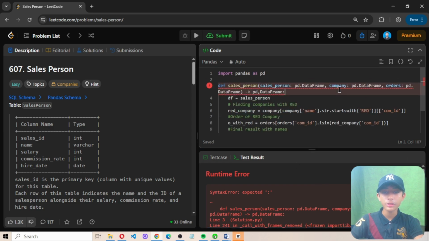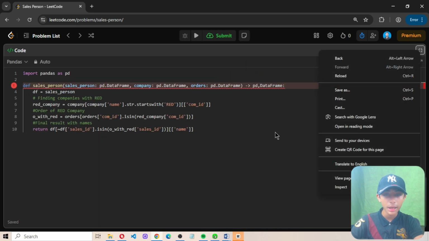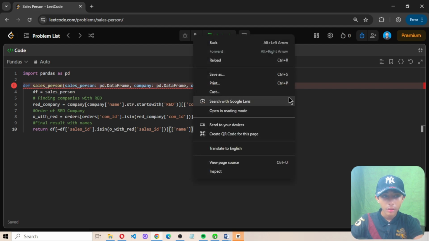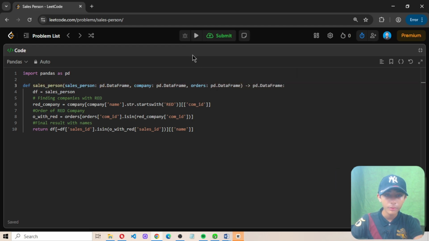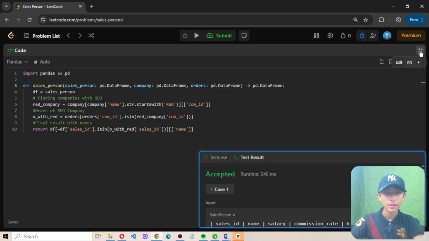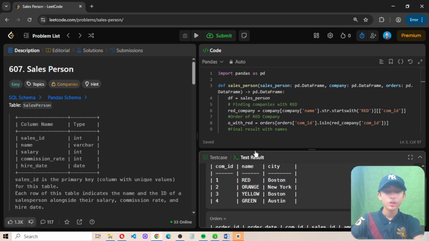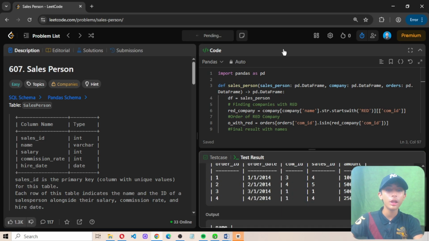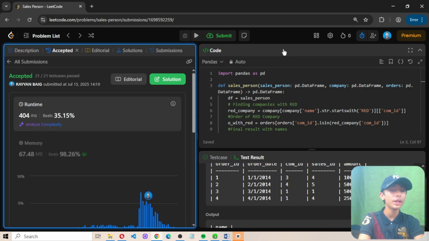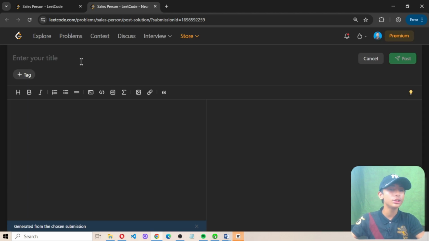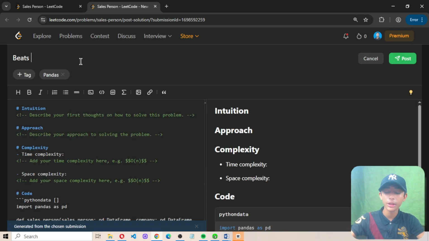So now when I run this code, it is giving me an error in this line. Okay, I think here I should define dot, but I defined a comma. So now let's see. Now it has been accepted. You can see in today's video we solved this question. Now the last thing is to submit this code. When I submit this code, the submission is also accepted, and I beat 35.15% of people. So now let me paste this solution, and let me write here beat 35.15%. Okay. So now let me post this.